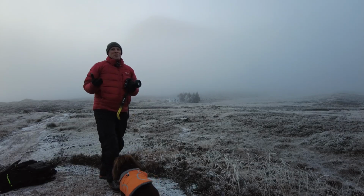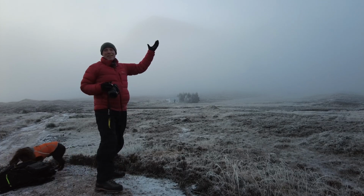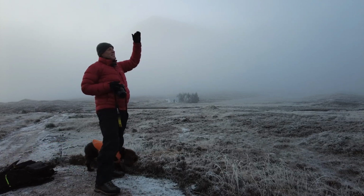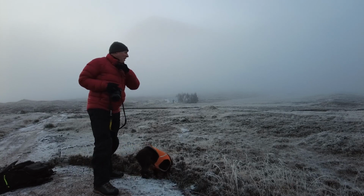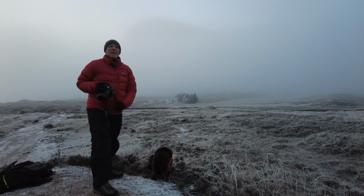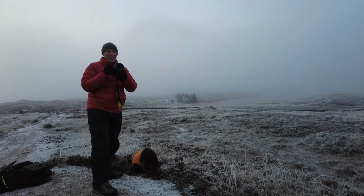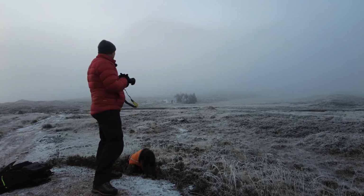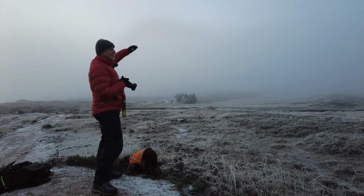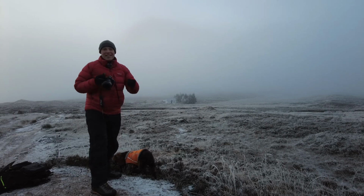So it doesn't get much more simple than this. Basically what's happening is the buckle's just coming out of the cloud, so I can just see the top of the buckle. I've got Glencoe Cottage in the middle of the shot, and then I'm going to pop some foreground in there just to give this shot a little bit of depth. I'm handheld, I've got my 24-70 on, so I'm zoomed right into 70, and I'm just going to get that hint of the buckle, the cottage, and the grass in the foreground, and it's as simple as